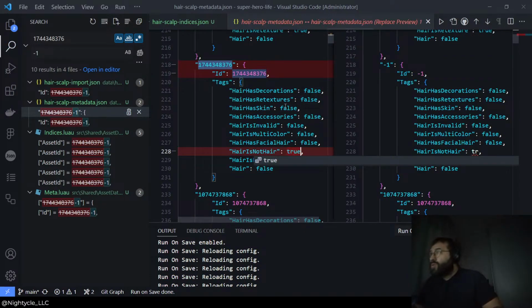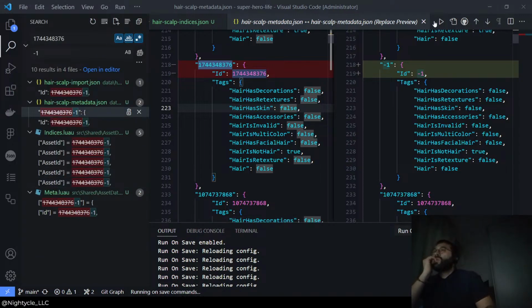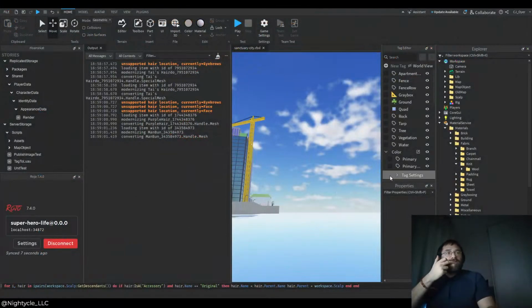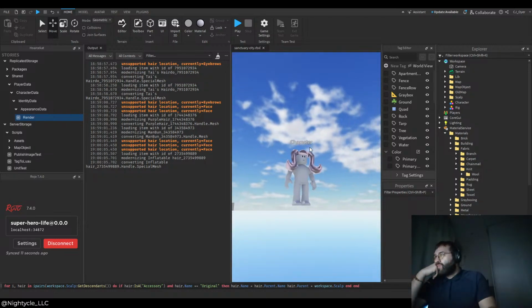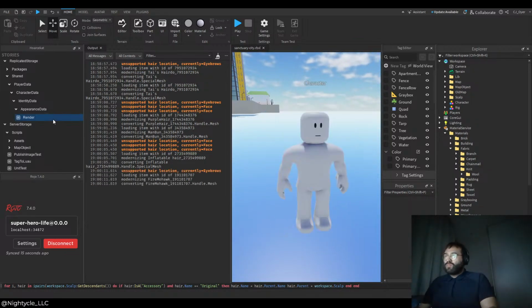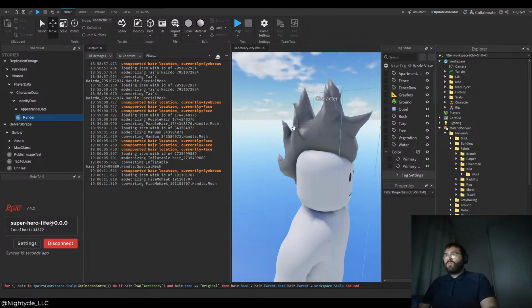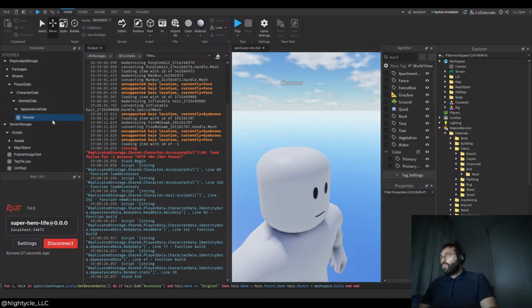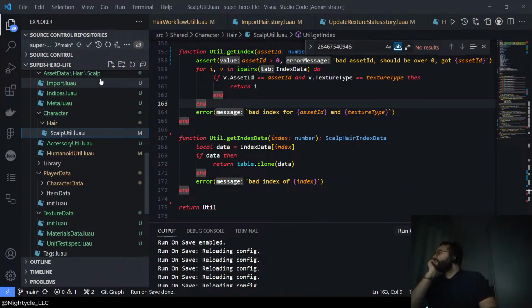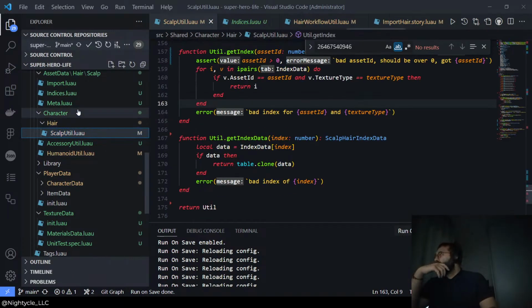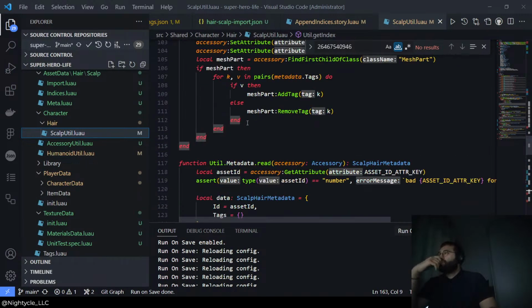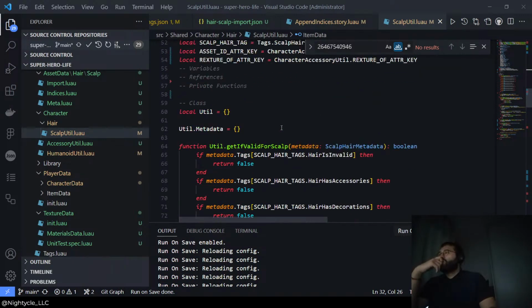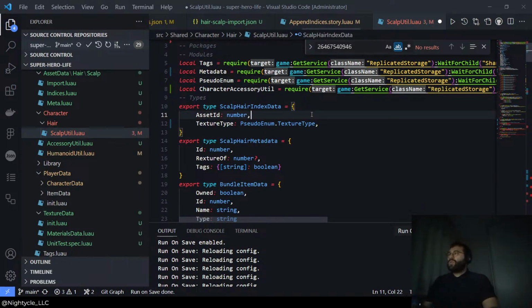Hair is not hair. True. Okay. How did it get? Am I just using? Okay, so index data